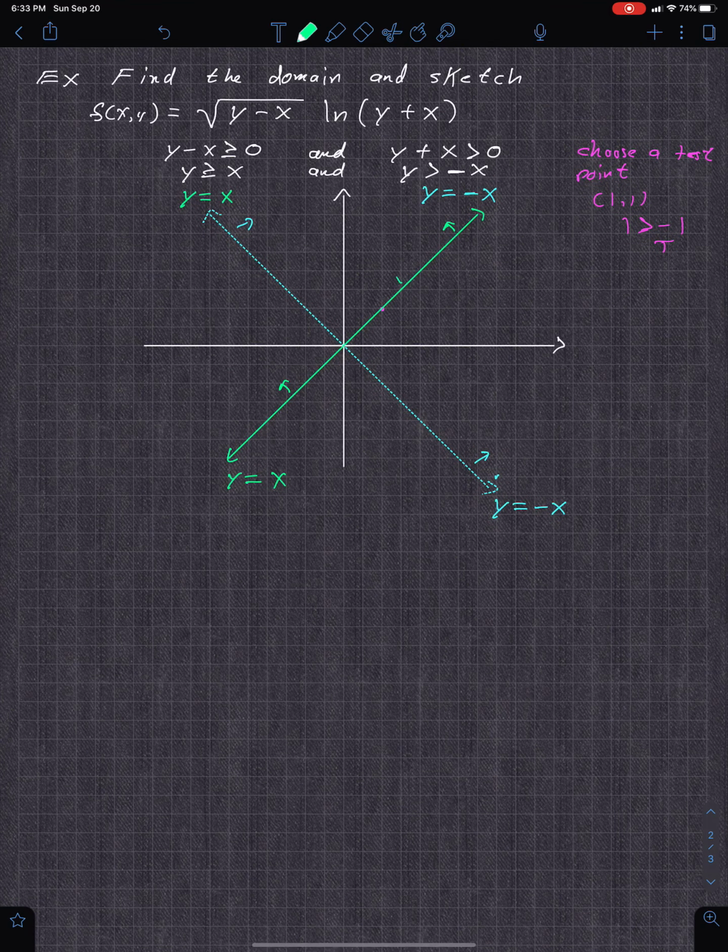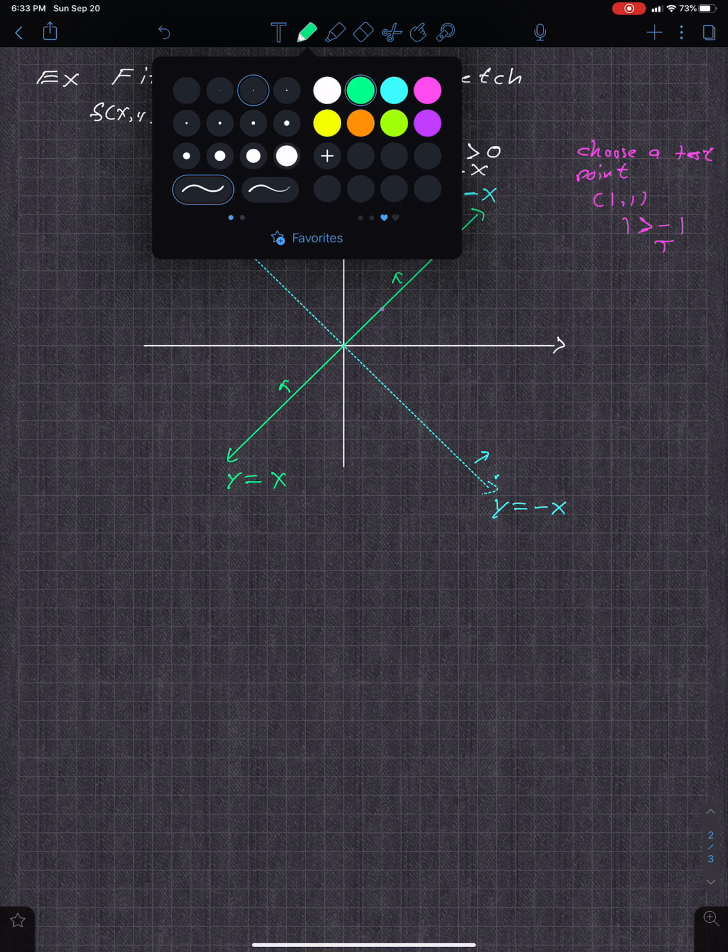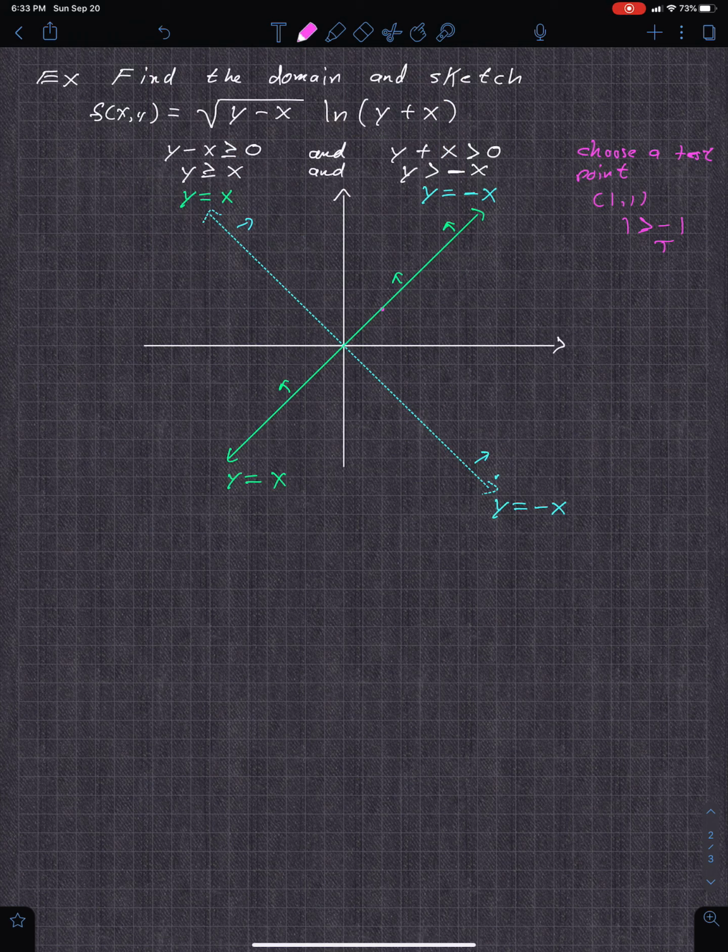I'm not going to do every little thing on this one. It actually goes through 1, 1 in that case. You can't pick 1, 1 again. You've got to pick something off of it. So you could pick anything over to the left. You could pick a value like that, and then test, and you'll get a true statement. So one way to do this is how we used to do it